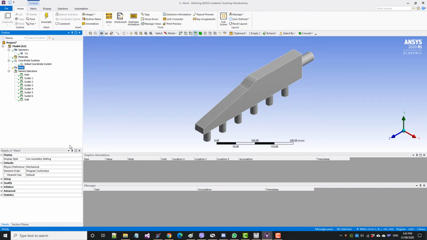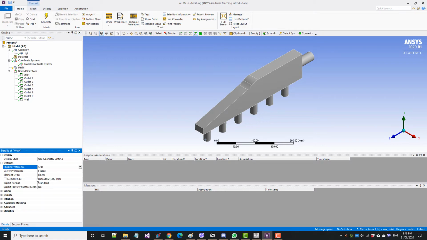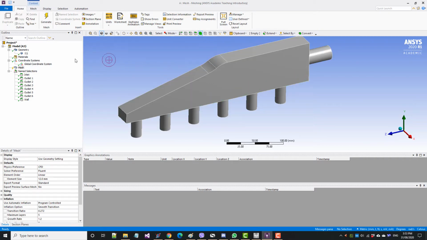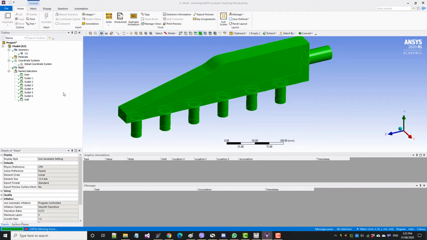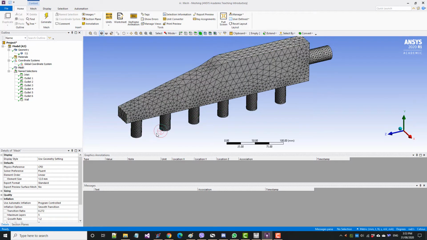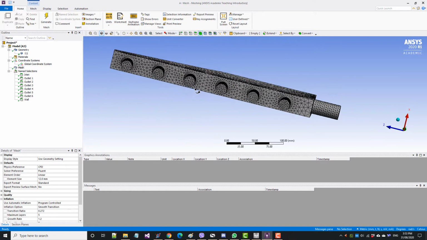Next, click on Mesh and choose Physics Preference to CFD, as we are doing a CFD simulation. To adequately resolve flow gradients near the wall, we require a smaller mesh near the wall. An efficient way to achieve this is by inflating the wall surface mesh to produce layers of thin prismatic cells